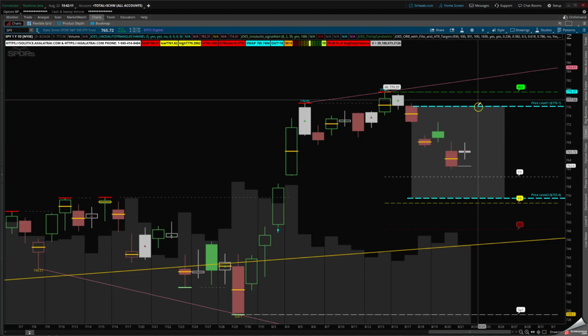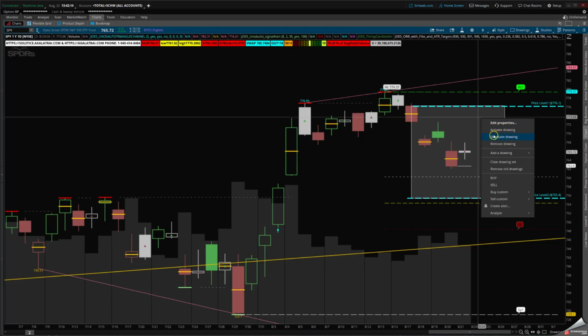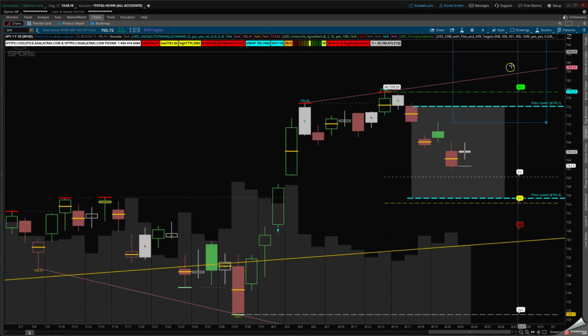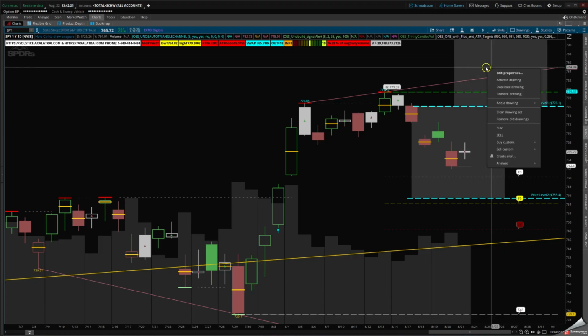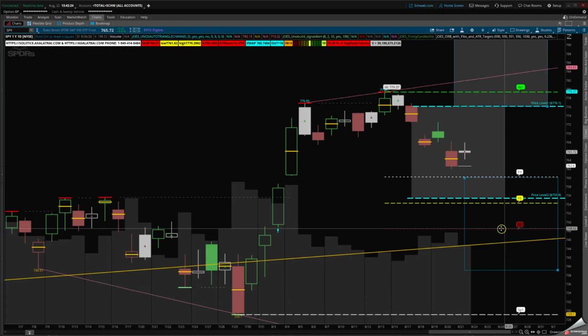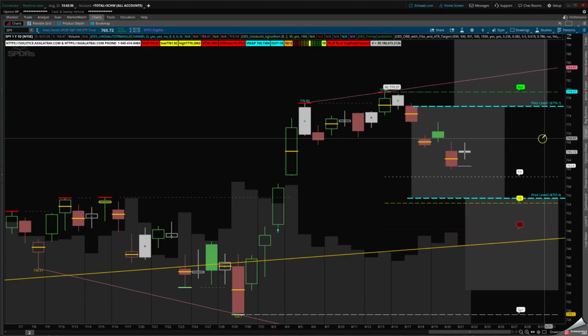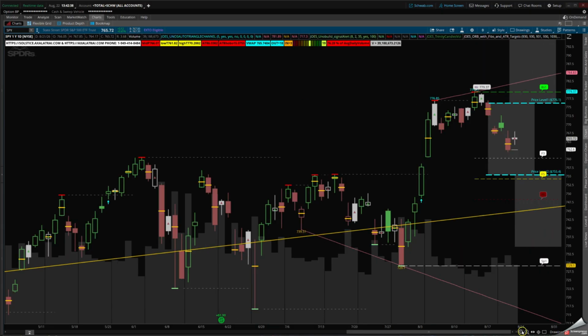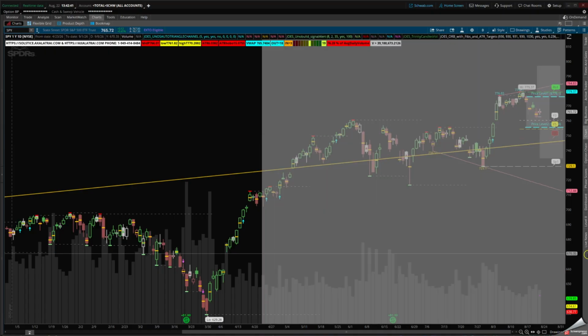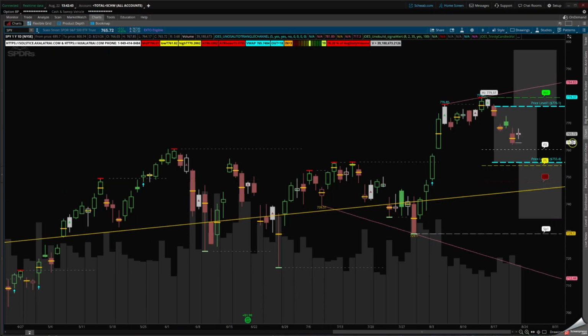So if I want to duplicate it to the top, I grab this, duplicate to the top, and I'll put it right, let's do this together. I'm going to put it right here, so more or less like this, and I'm going to duplicate this to the downside so everyone can see where the expected move is on the chart. So this is the expected move on either side of the chart in case I get two standard deviations to the upside or downside on the S&P 500 or the ETF SPY.